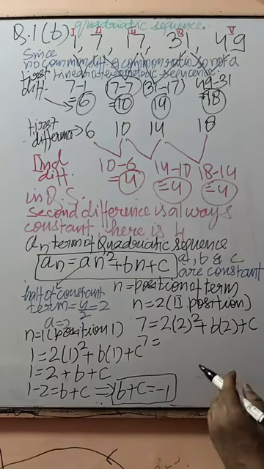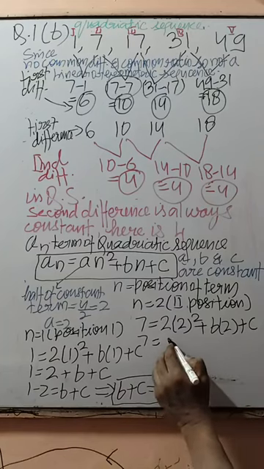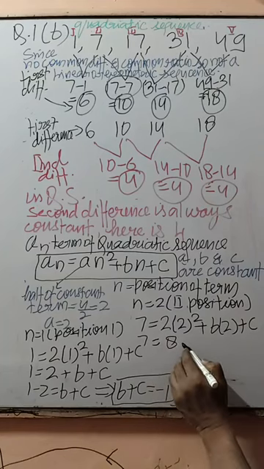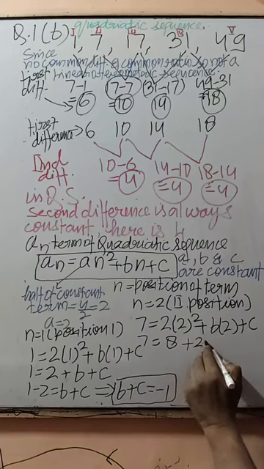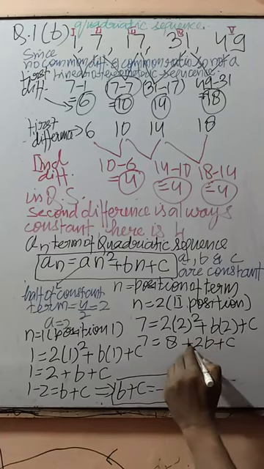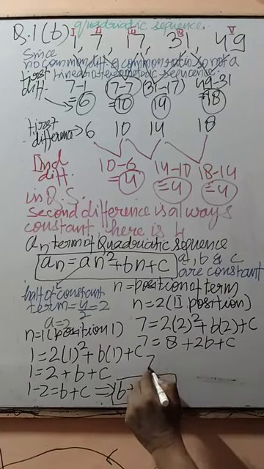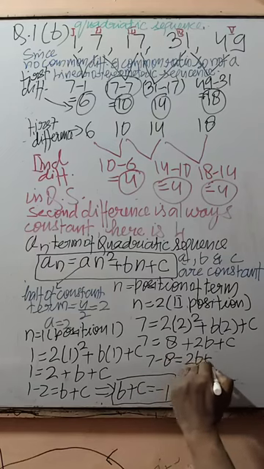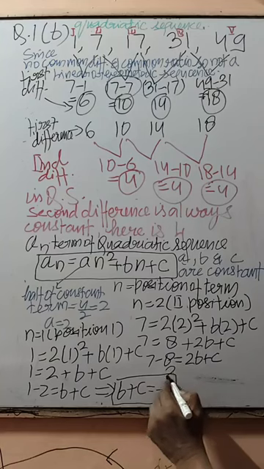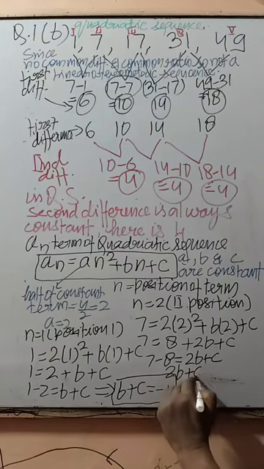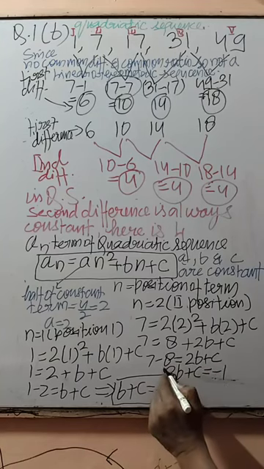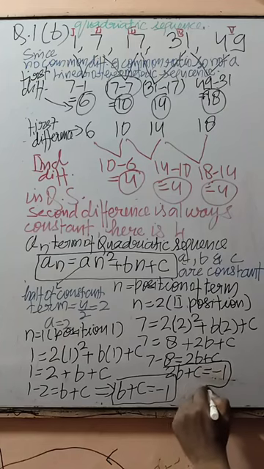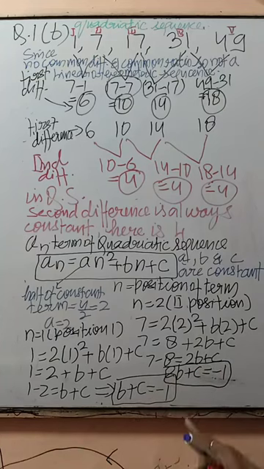2 squared is 4, and 2 times 4 becomes 8, plus 2B plus C. So we bring it over, 7 minus 8 is equal to 2B plus C. So we get 2B plus C is equal to minus 1. This is the second equation we have. We get these two equations, so on solving these two equations,